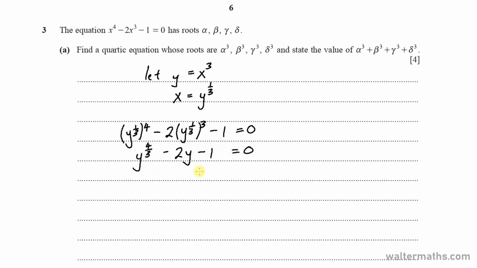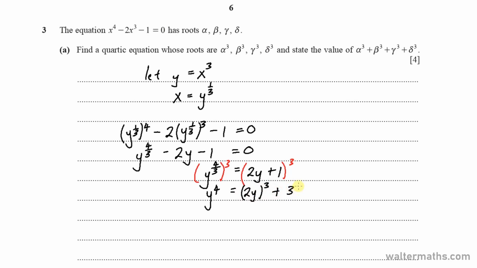So it means we can make y to the power of 4 over 3 the subject, which is y to the power of 4 over 3 is equal to 2y plus 1. Now we can raise both sides, or we can cube both sides, or raise to the power 3. So it means we'll now be having on the left side y to the power of 4, and on the right side, if we raise 2y plus 1 to the power 3, we'll now be having 2y cubed